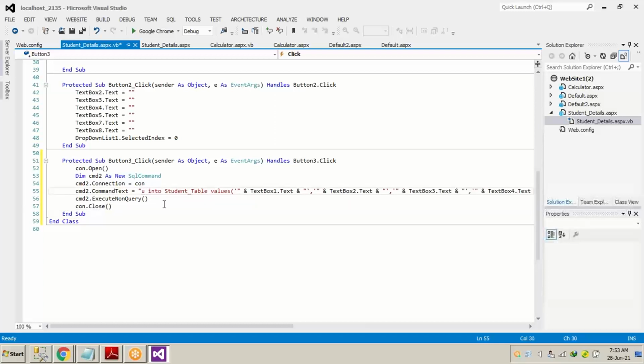Instead of insert, we have to write update student table. We don't have to write values and these things. We will just delete the text till here. Update student table. What is student table? This is the table name. So we are writing the command that we have to update student table. We will write set